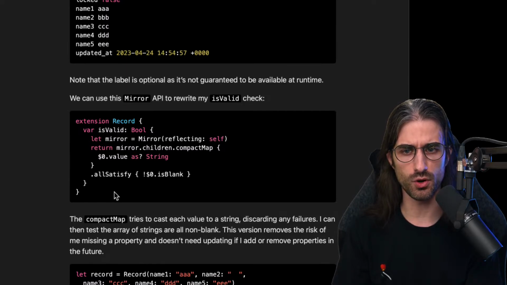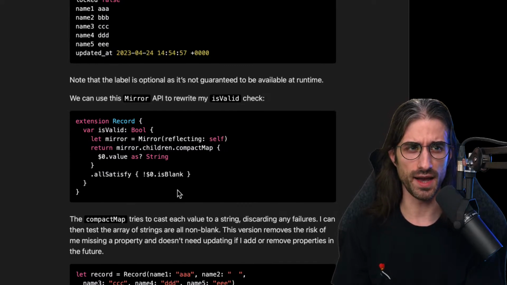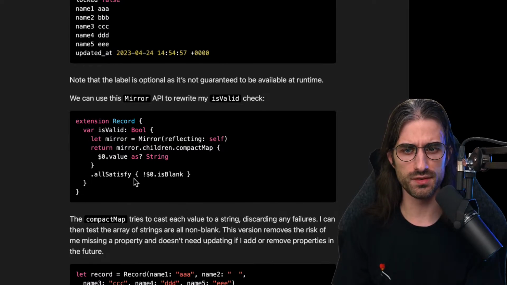And if you've never used allSatisfy, it's a method in the Swift standard library. You pass it a closure that takes an element of the collection as an argument and returns a boolean, and allSatisfy will return true if the closure returns true for all elements. As soon as one element returns false, then allSatisfy returns false.